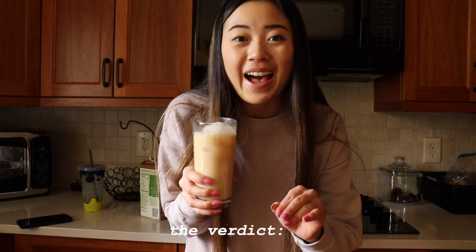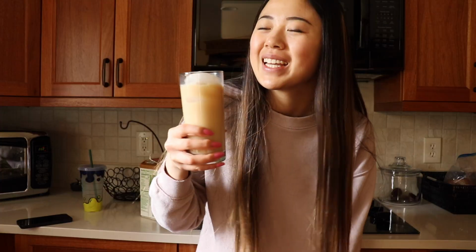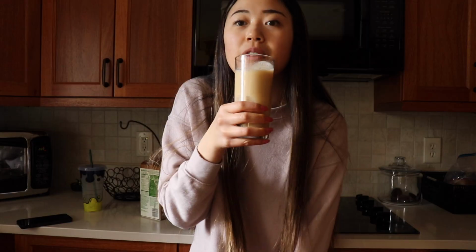Okay, it's not bad, but it's not as good as Starbucks is. What? It's good, but it's not spicy, I guess, as most chais. It's very sweet, and I think that's the honey, so I might not put honey in next time if I make this again. But basically, if you're gonna make this, just expect it to be not super spicy if you